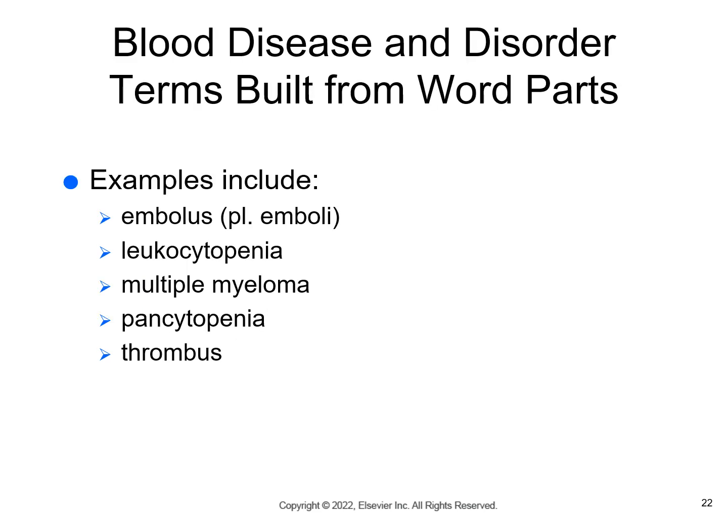Some disease and disorder terms referring to blood. We're going to look at embolus and thrombus first. So an embolus is a piece of matter, typically a blood clot or a fatty deposit, maybe a plaque that has broken off from the artery, or it could be an air bubble, called an air embolus, that is floating around within the blood, the arterial system. Those are no good because eventually they will lodge in a very small artery and cut off the